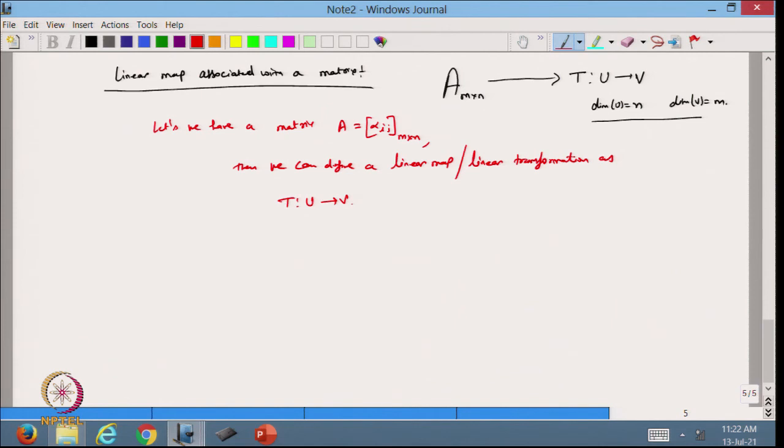So, if there is no basis, then we can say that this is a standard basis. So, no problem, but let us have